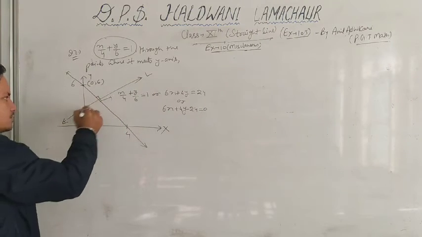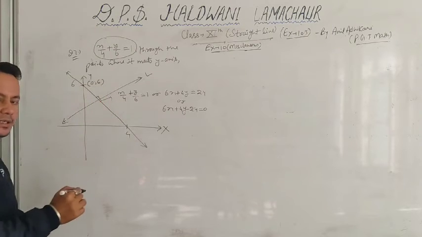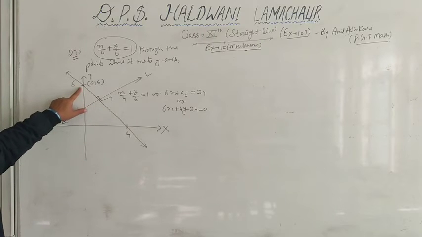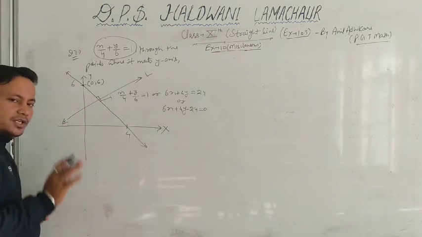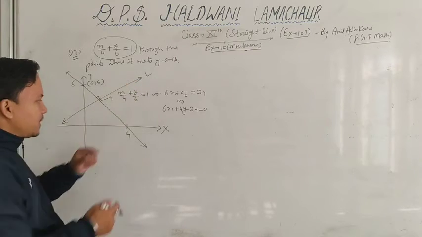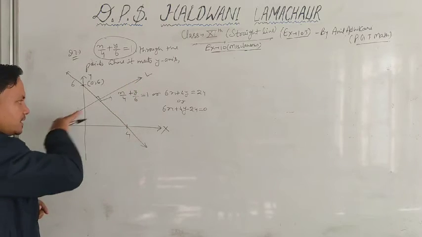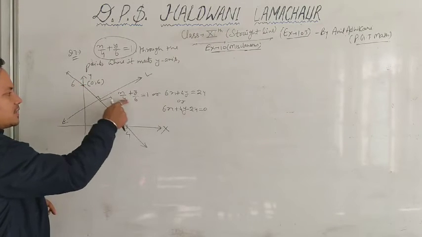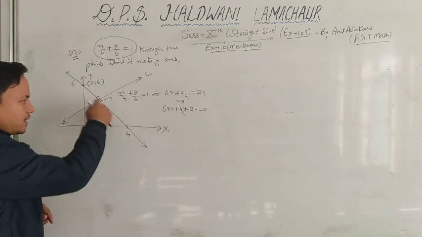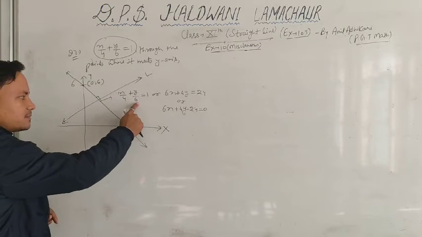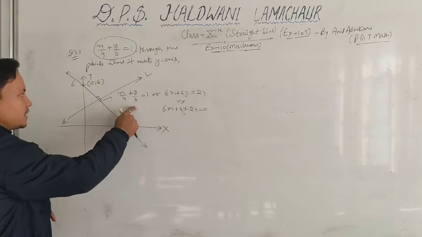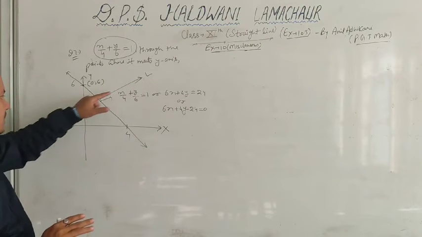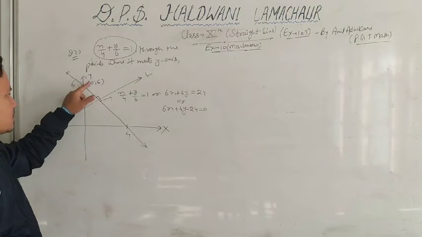Okay, और ये जो लाइन है इस पर जो ये लाइन परपेंडिकुलर है, कहां से डाला जा रहा है परपेंडिकुलर? From the point where it meets y-axis. Listen the question carefully. We need to find the equation of this line which is perpendicular to this given line. और इस लाइन पे जो परपेंडिकुलर डाला गया वो कहां से डाला गया? y-axis के उस पॉइंट पे जहां पर ये लाइन y-axis को मीट कर रही है. तो ये जो लाइन है ये y-axis को कहां पे मीट करेगी? y-intercept कितना बेटा? 6. तो y-axis को कहां पे मीट करेगी? 0,6 पॉइंट से. ओके, तो इसका मतलब ये है कि जो ये लाइन है इस लाइन पे परपेंडिकुलर कहां से पड़ रहा है बेटा? 0,6 पॉइंट से.